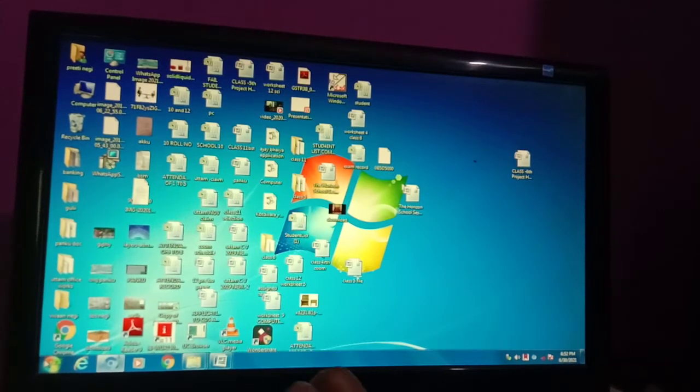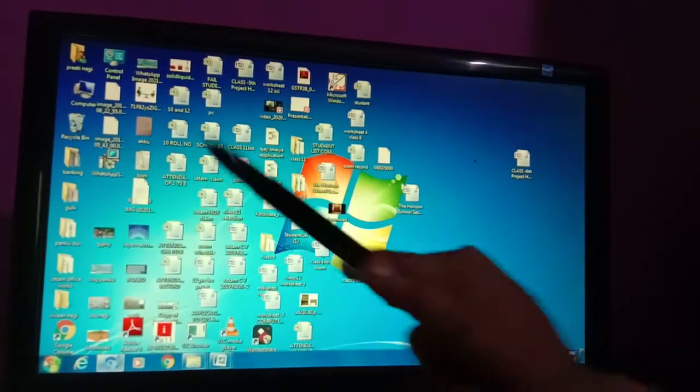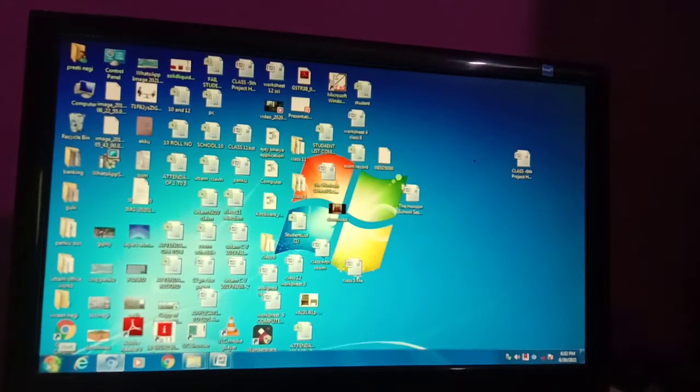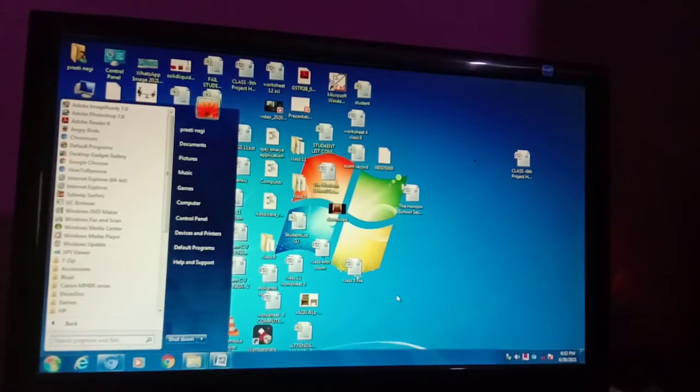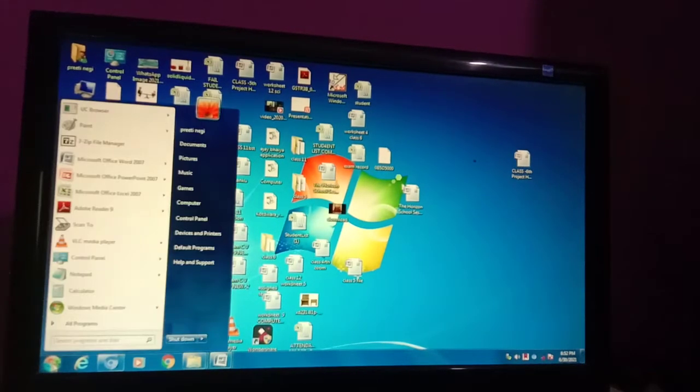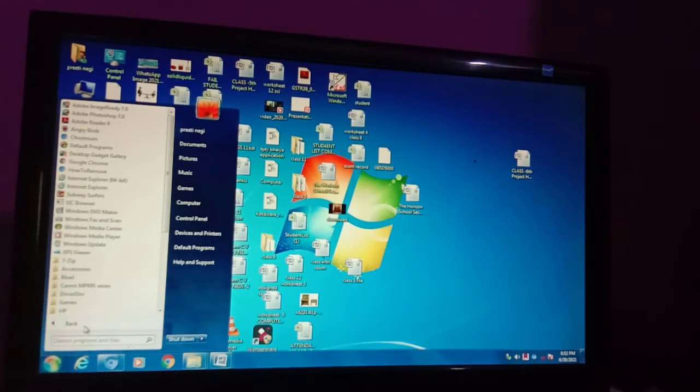This is your taskbar, we learned it in the previous chapter. Okay, so in this taskbar at the leftmost corner there is a start button. You have to click on the start button. As you click on the start button, you have to choose All Programs. Again I am repeating: click on the start button and then click on All Programs. As you click on All Programs, then you have to select the Accessories option.